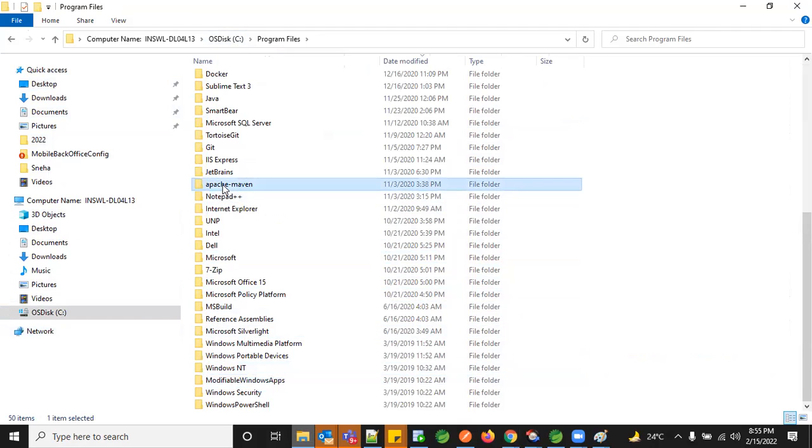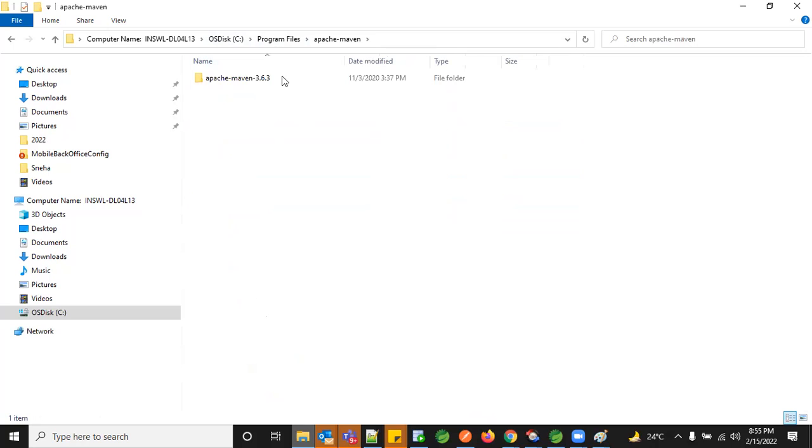If you see here, are you able to see my screen? Oh, yes, Neha. So in C program files, I have Apache Maven. I also have the Java. In this Apache Maven, I installed 3.6.3. If you're able to get 3.6.3, I would like that. The other versions are not stable enough to be used, so you might end up with complications or conflicts whenever you download any kind of jars, right? So I prefer you to go with 3.6 if you can download.